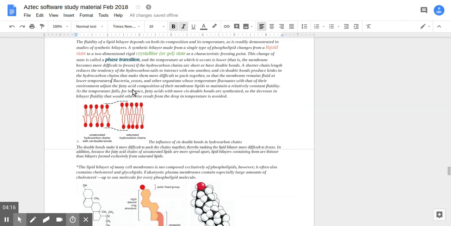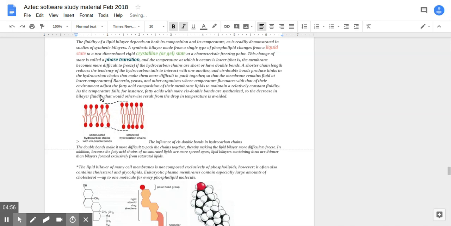So bacteria, yeast, other organisms whose temperature fluctuates with that of their environment adjust the fatty acid composition of their membrane lipids to maintain relatively constant fluidity. As the temperature falls, for instance, fatty acids with more cis double bonds are synthesized, so the decrease in bilayer fluidity that would otherwise result from the drop in temperature is avoided. So, more double bonds in the fatty acid chains, as well as their shortness in length, adds more